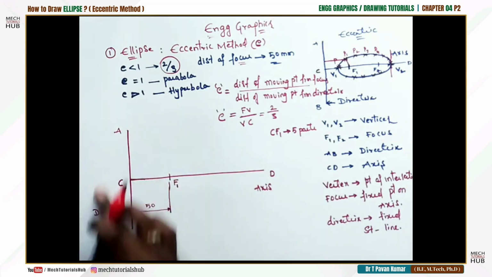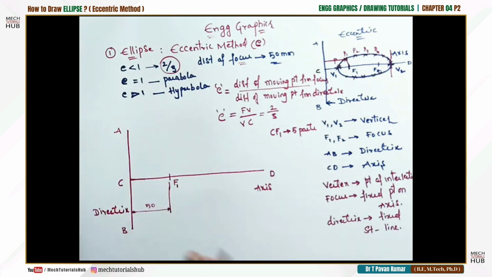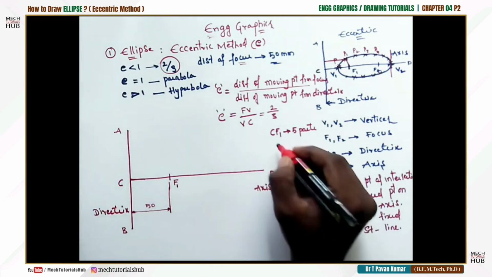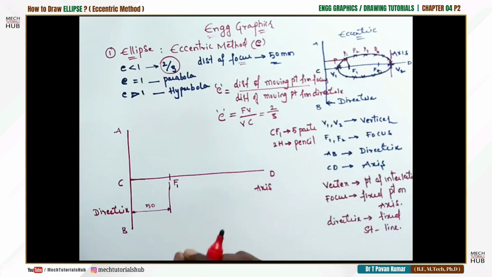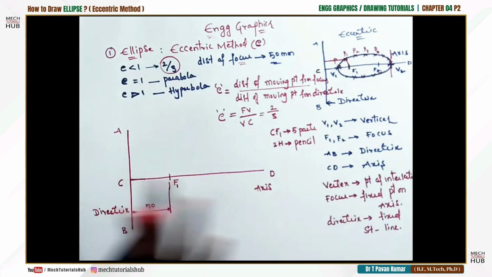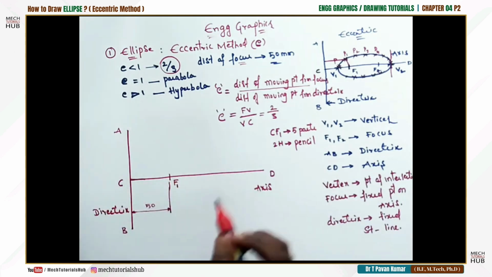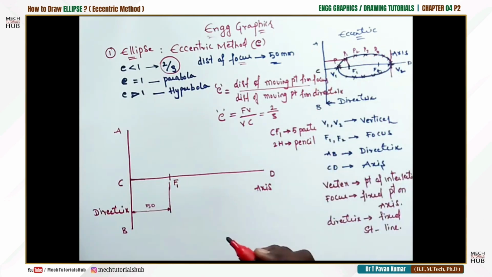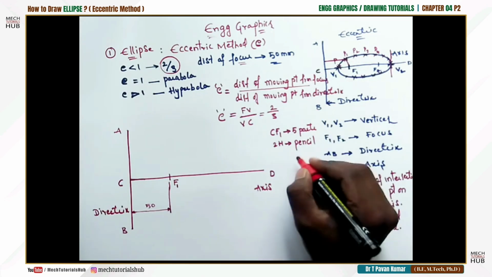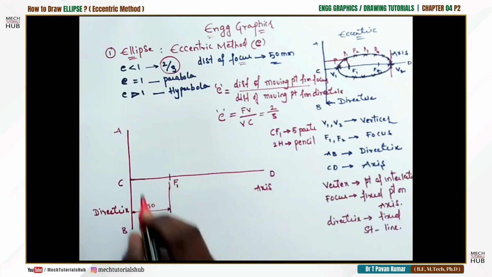Now whatever we are constructing, we need to construct with 2H pencil only. We need to use 2H pencil, which is a light pencil, for the complete construction. Later the required projection, required sketch needs to be darkened using HB pencil. Now after marking this, I'll try to divide this into